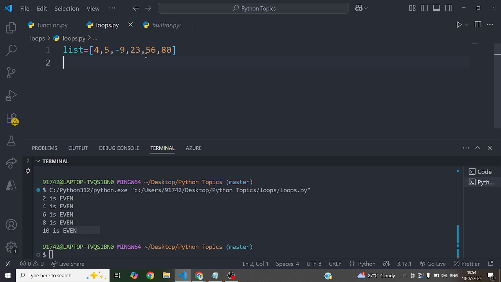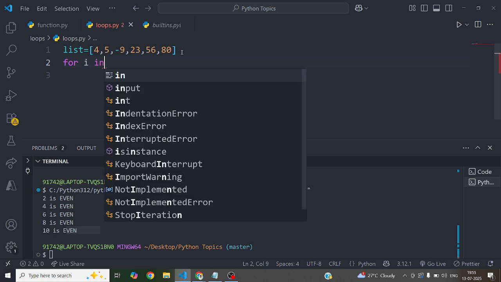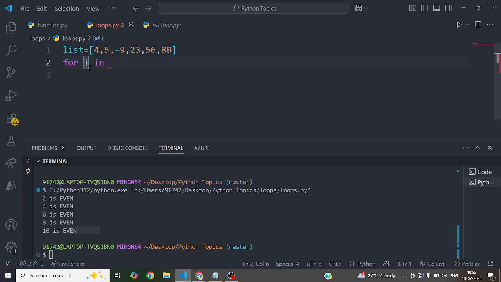I want to check from this list which numbers are even and which numbers are odd, right? Now what you will do is specifically a for loop, right? For i in, and you will ask me what is this i: i is a variable to access the values, right? For i in this list, the name should match this list. Okay,